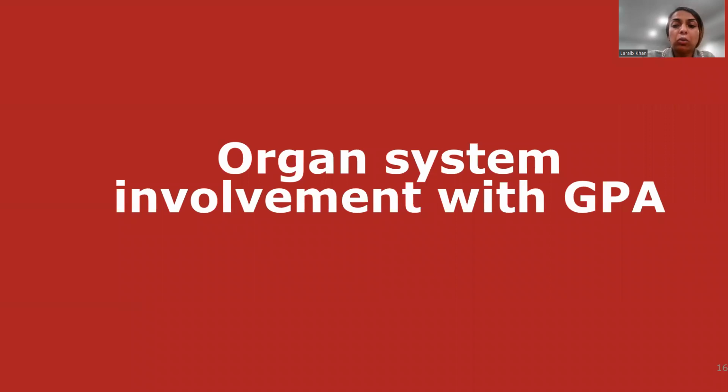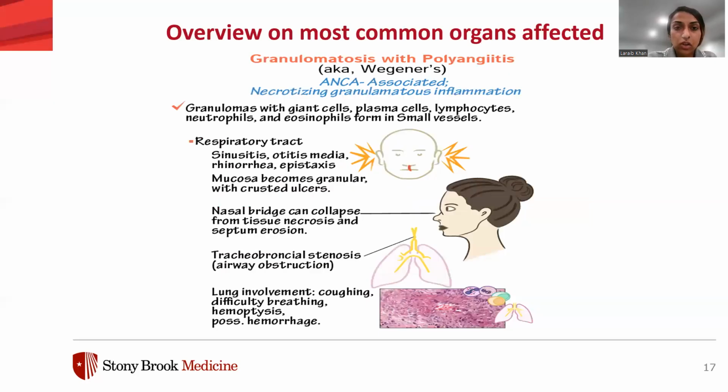And now we're just going to talk about organ systems with GPA. This is just an overview of the most common organs affected. Like I mentioned briefly before, GPA typically starts out with respiratory tract involvement. Focusing on that, 90% of patients have upper respiratory involvement. They show up with symptoms of otitis media, sinusitis, nasal and sinus pain, facial pain, sinus stuffiness. They can have nosebleeds, ear infections, and then the constant inflammation can lead to septal perforation and septum